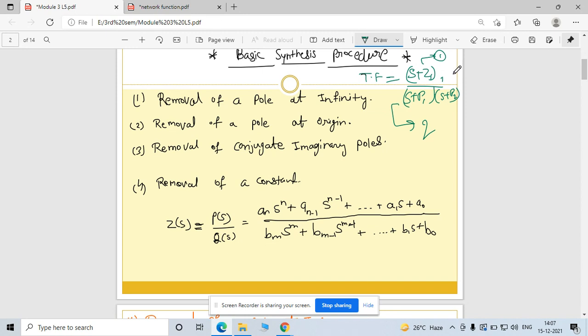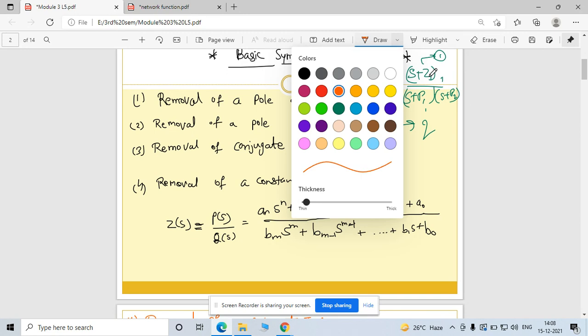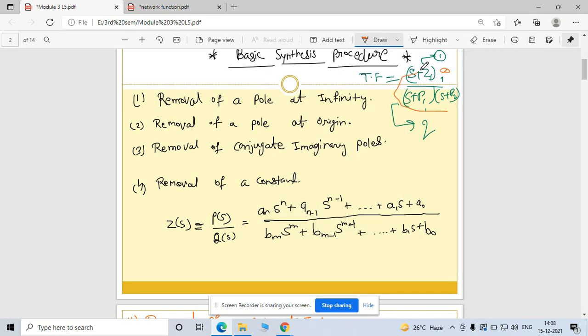One zero at infinite location. By this, you can balance your root locus, meaning your root locus starts from pole 1 and terminates at the one zero, and the second starts from pole 2 and terminates at the other, which is at infinity. So you have to balance your degree.